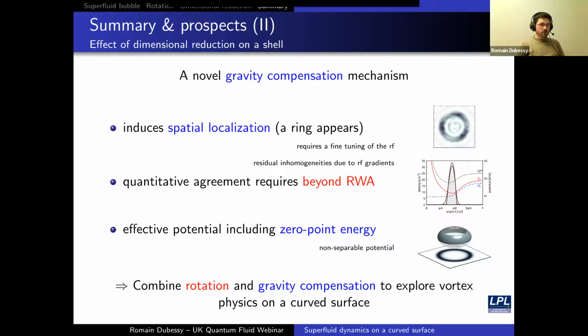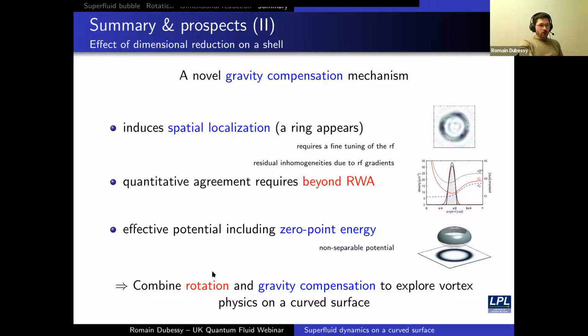And this is something that we like a lot, because it's a kind of direct proof of the fact that the atoms are on the 2D surface. They localize because they are 2D. If they were not in a 2D state, if they were in some superposition of many excited states, they would occupy a much larger